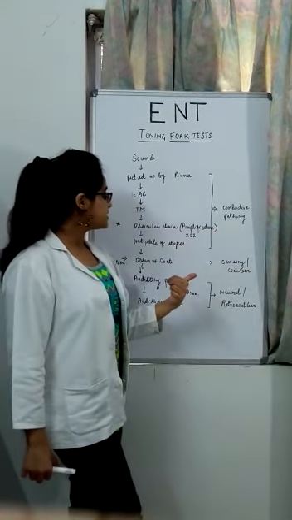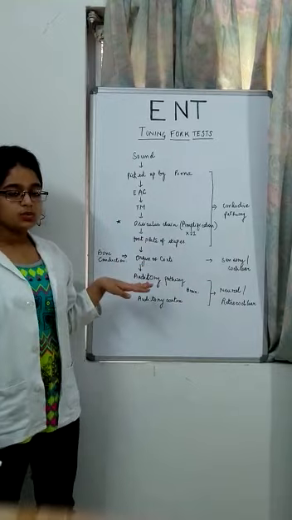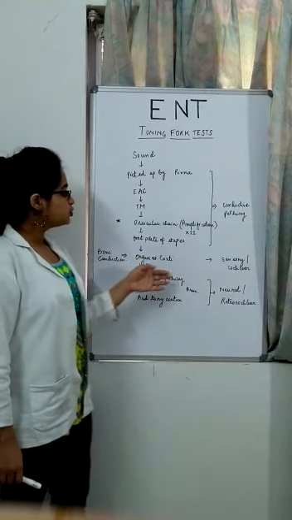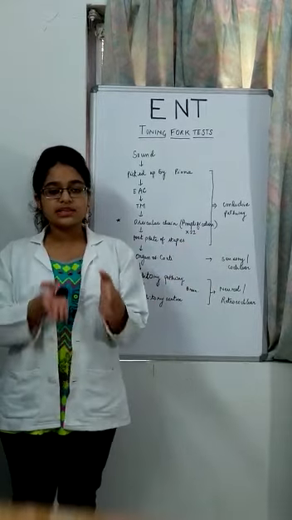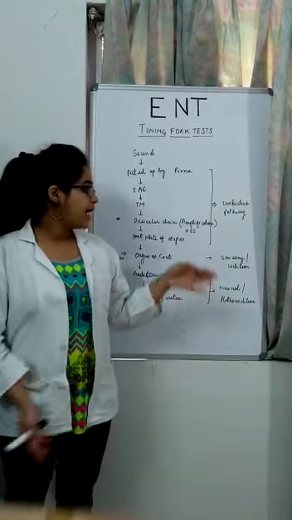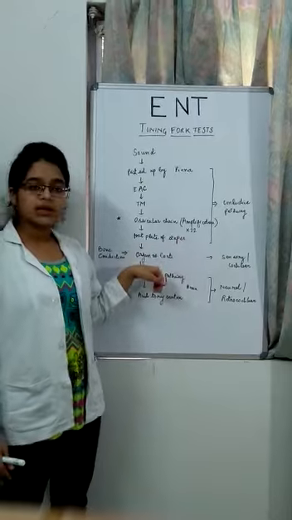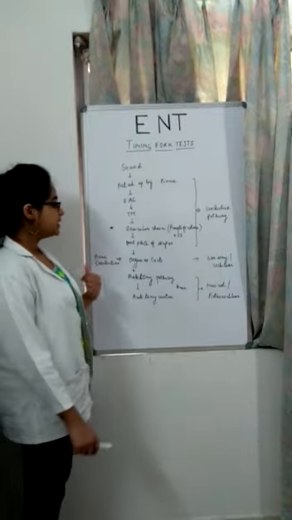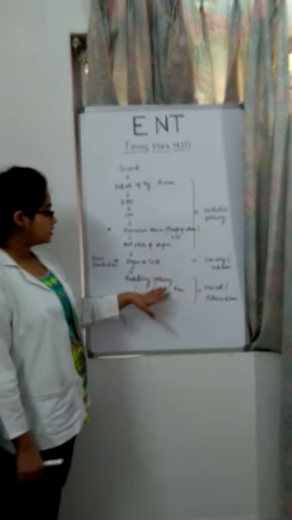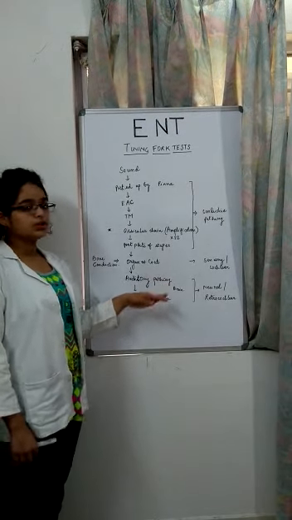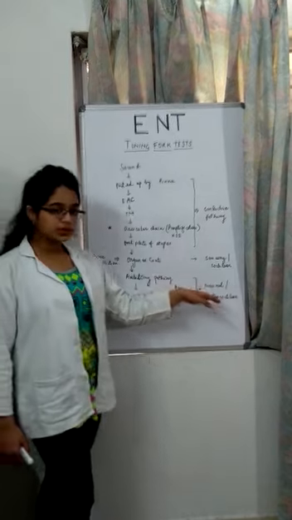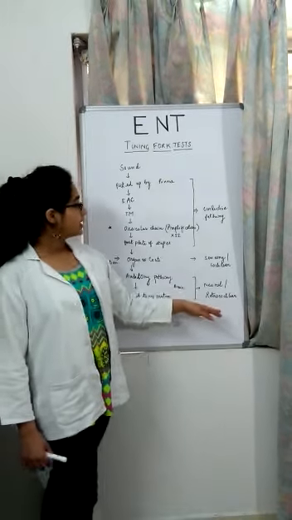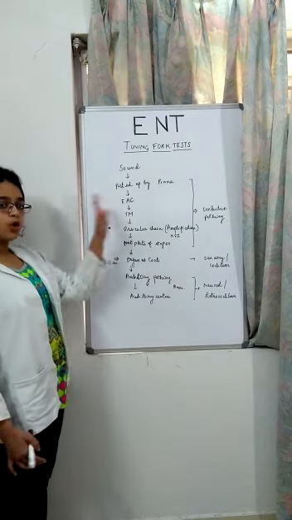loss. In case there is any defect in the organ of Corti, which is the sense organ of hearing present in the cochlea, that will lead to sensory hearing loss, because that is the sense organ for hearing. Since it is the cochlea, we also call it cochlear hearing loss. In case of any defect in the auditory pathway in the brain or in the auditory cortex, that will lead to neural hearing loss, or we can also call it retrocochlear hearing loss. So this is the whole pathway.